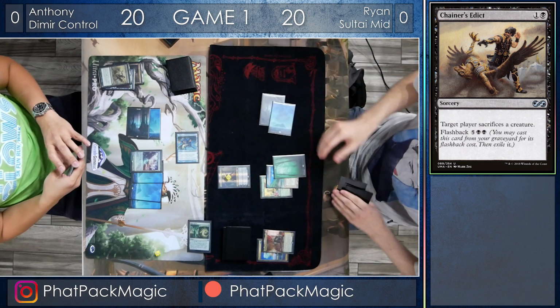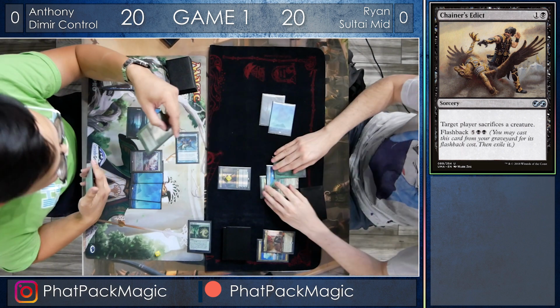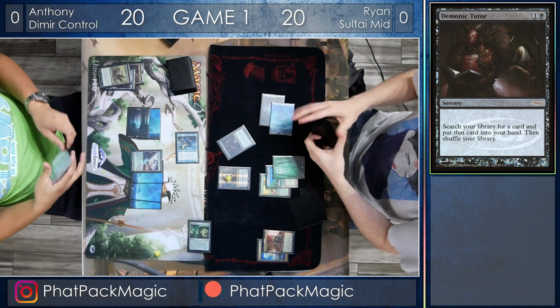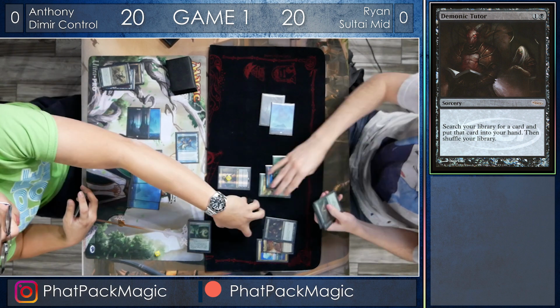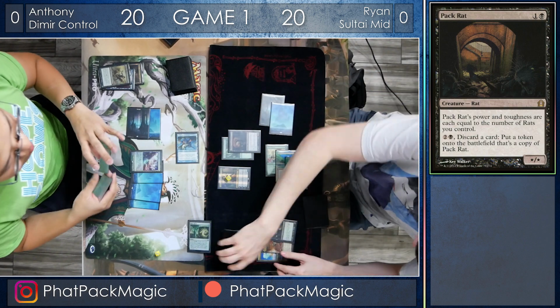Ryan draws for turn, and he's going to lay down Demonic Tutor. And unfortunately, Anthony could counter it, but the question is, do you counter the tutor or do you counter what he's getting with the tutor? Ryan plays an Arbor Elf and a Pack Rat,